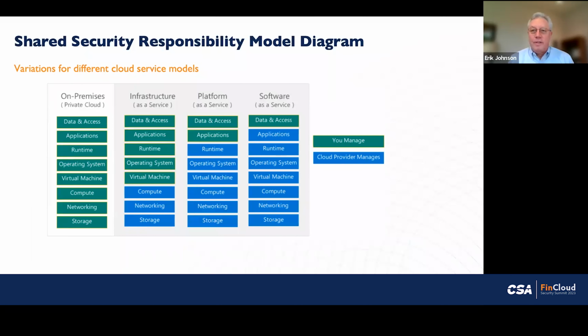It's very illustrative in terms of how the SSRM works. Here's a version of that which translates it into more the technical domains, where with the on-prem environment, we basically do everything ourselves. And with IaaS, the CSP's responsibility generally stops at the hypervisor. PaaS services, of course, there's a wide variety there, from virtual machines to containers to serverless, etc. So there's some variation in the PaaS space in terms of the SSRM, and then of course the CSP is responsible for the most security aspects and controls in the SaaS environment.